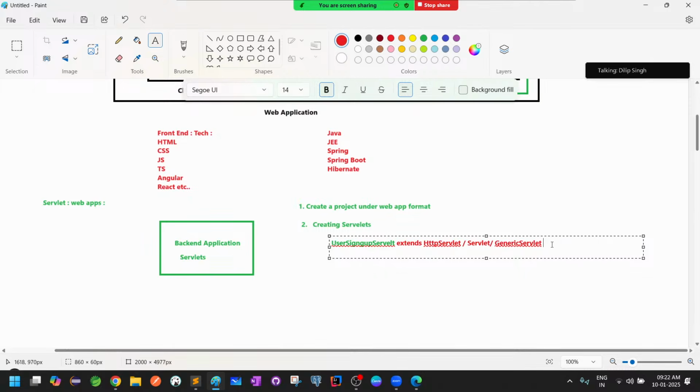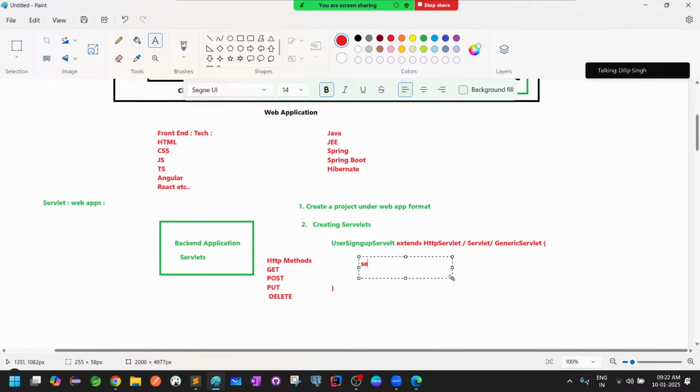Okay, cool. And after that, what will you do? The logic, whatever you are going to write, is based on the HTTP methods. So do you know what the HTTP methods are? I'll explain at least the basic things: at what time you have to choose GET, POST, PUT, DELETE. All these things we will see later, especially these four we will discuss more. Based on the HTTP method, you decide whether you want to execute the service method, or doPost, doGet, some kind of predefined methods available, and based on that you will implement the functionality, taking the data